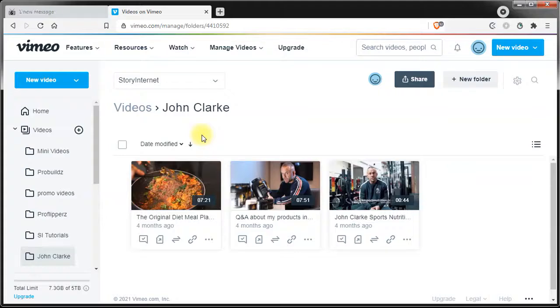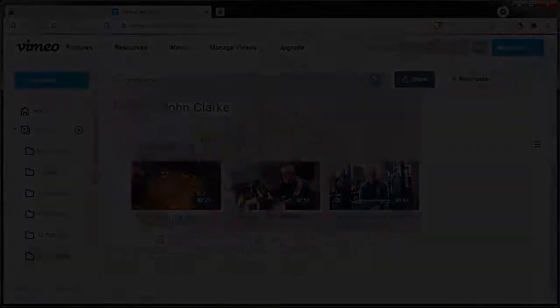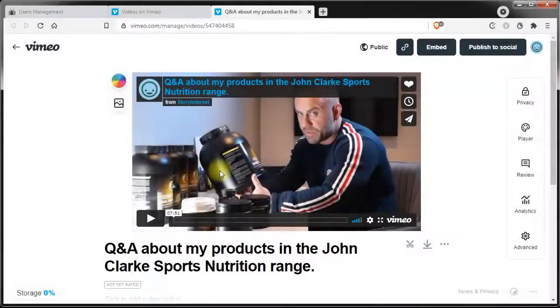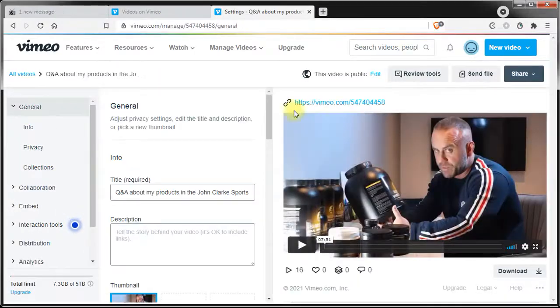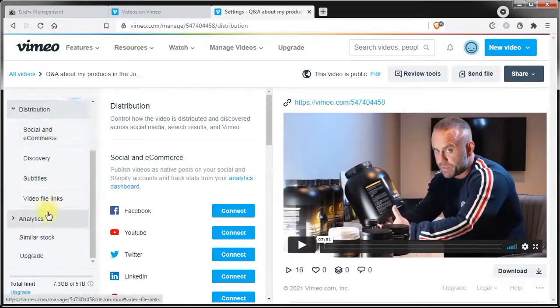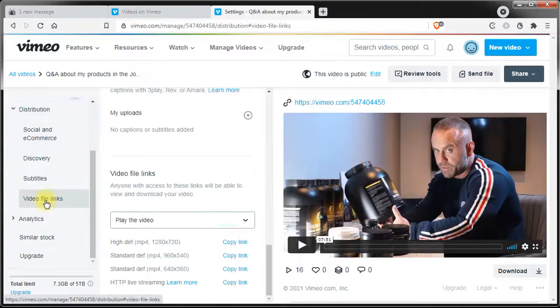To get the link from your Vimeo Pro account, navigate to the video that you want to use and click on it. Please remember that Vimeo is always changing, so what we show you now is how Vimeo looks right now, but it might change in the future, but the idea is the same. You need to go to the advanced settings of your video. On the left side, you'll find a tab called Distribution, and inside the distribution, you'll find the video links. From here, you can copy the link for the resolution that you want to use. We recommend using the best resolution you have, and that should be a minimum of HD quality.